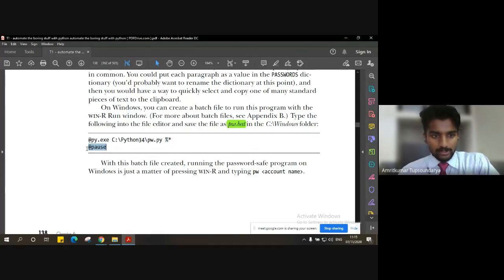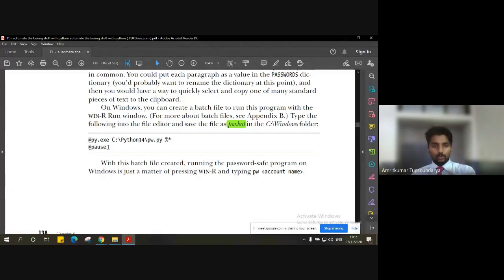And the reason for having this @pause is, if you can recall from the previous class, once we execute this program, the system will execute it and it will automatically terminate, right? So if it is automatically terminating, we will not be able to see the output, right?